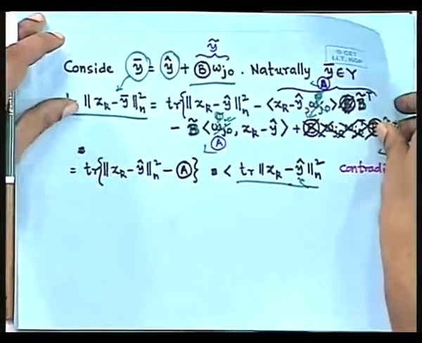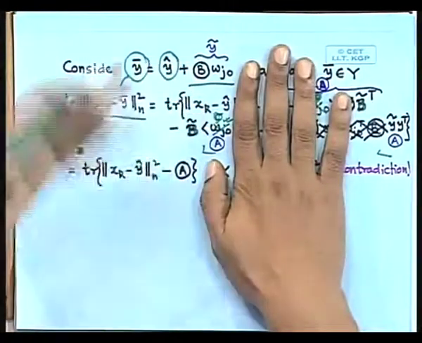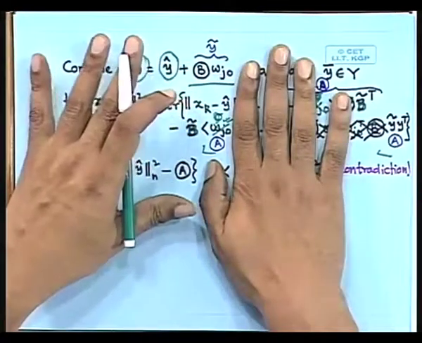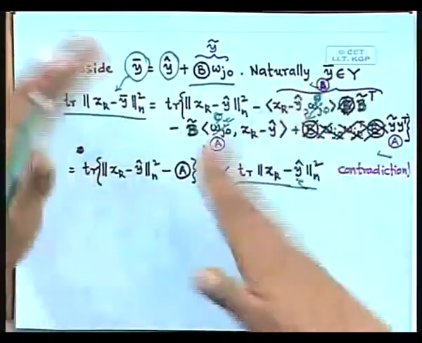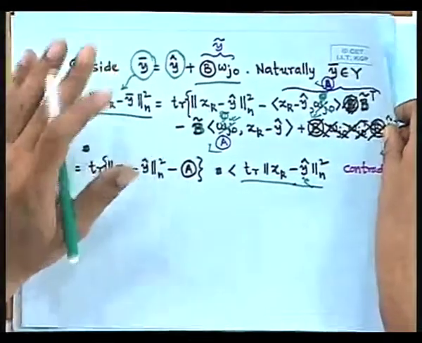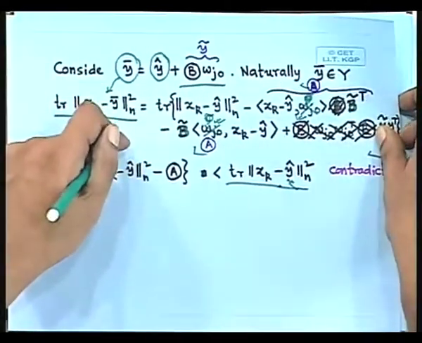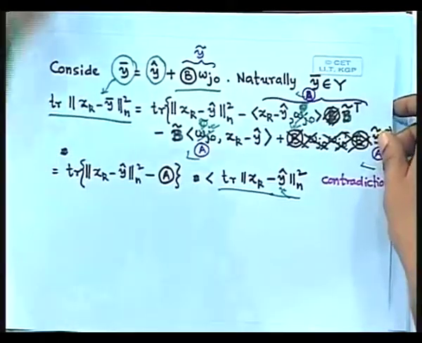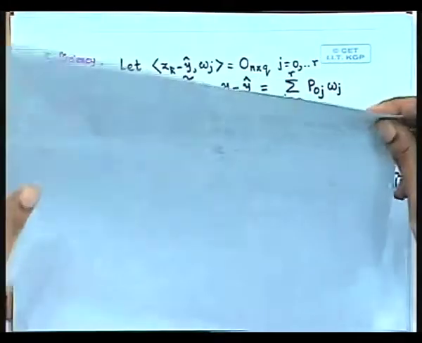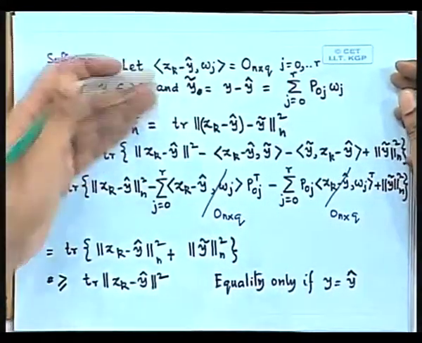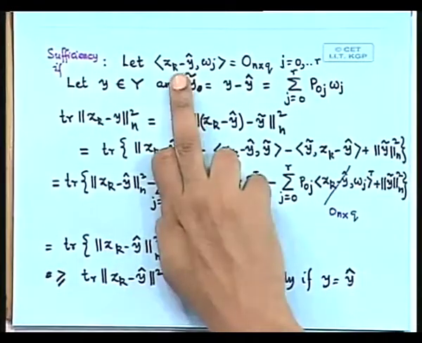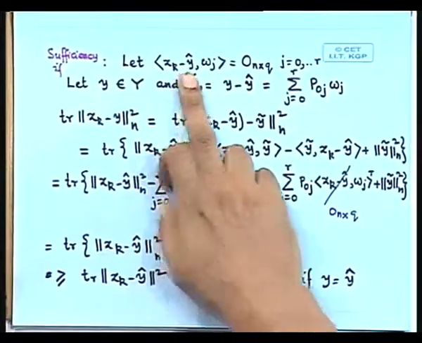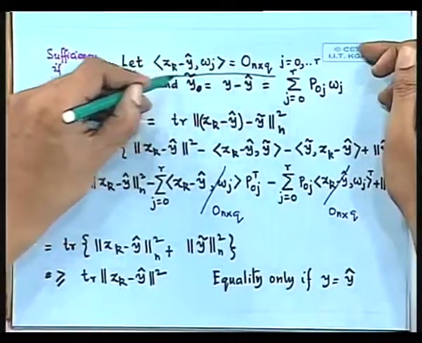Anyway, this proof is not to be remembered line by line. This proof is just to reassure you that it indeed comes out, and to give you exposure to a way of proving things. In fact, this is a very popular way of proving things. Many theorems are proved by contradiction. Either you can prove by contradiction or you can prove by construction. So here is a proof by construction, not contradiction. Here they directly prove that if this condition is satisfied, now they are starting from this condition,